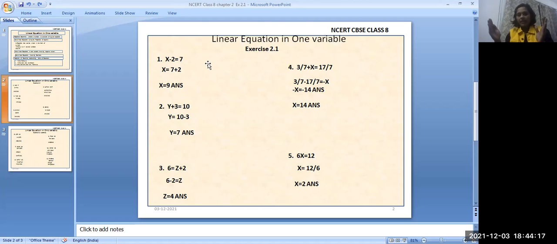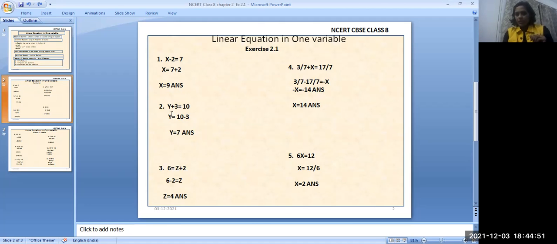transpose, numbers and numbers, all the numbers at one side, the right hand side. So x will be at the left hand side and we are going to shift, transpose, minus 2 towards the right hand side with plus 7. So there is already 7, and once this minus 2 comes towards the right hand side, its minus sign will change to the plus sign. So our answer will become x is equal to 7 plus 2, 9. Today, we are going to complete a total of 11 questions.